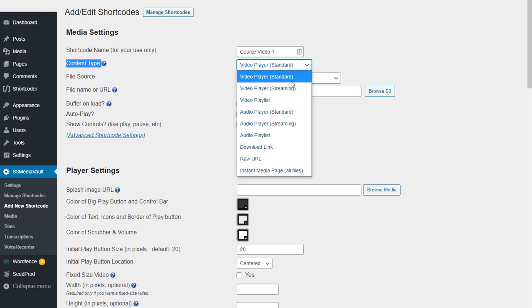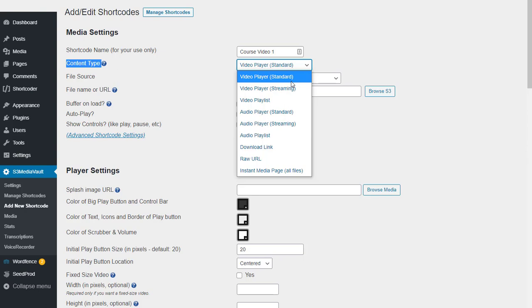So standard is basically progressive download, which means when the viewer hits play on the video player, the file starts downloading immediately to a temporary folder in the browser's memory on the hard disk. So you don't see it, but it's actually being downloaded to the web browser, whether it's Chrome or Firefox, whatever browser you're using. So the video is actually fully downloaded as it starts playing. That's why it's called progressive download, because it's progressively downloading to the computer or the device as the person is